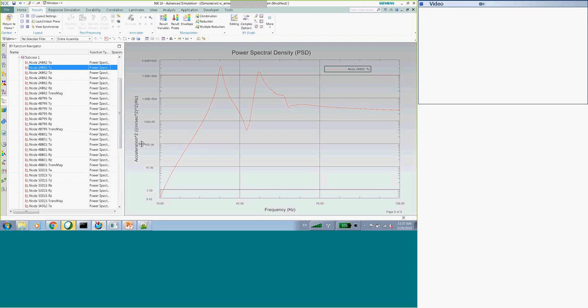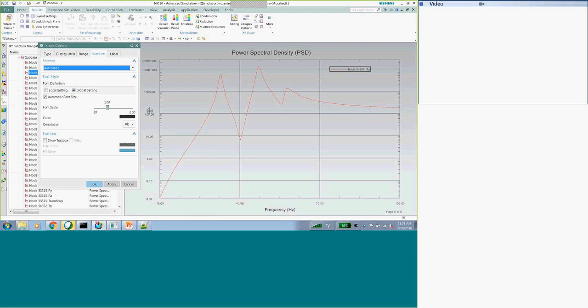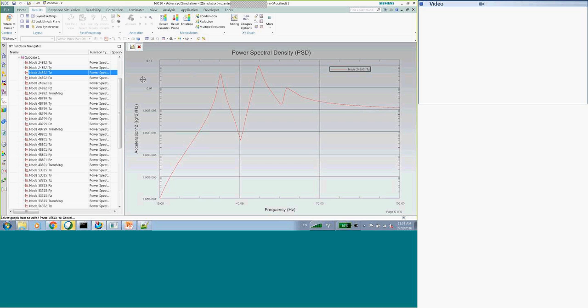The acceleration units, inch per second squared, squared per hertz. Let's change that, if you just edit it. Change that to custom G. So we put in the OP2 file that are always inconsistent units, and you can modify them later.